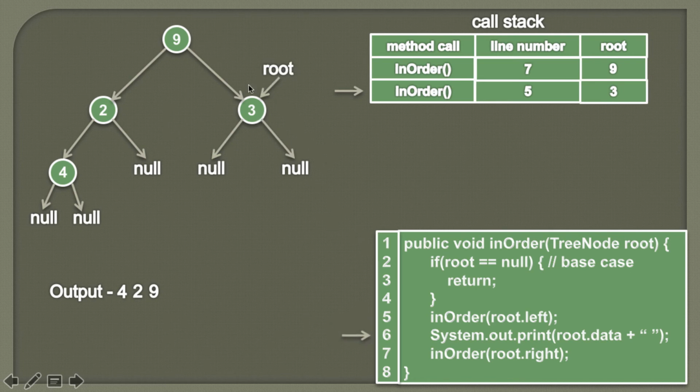So friends, now in this step, as we have processed the left subtree completely, we'll process the node itself. So we are simply printing the data on the console. And then as we have to process its right subtree now, we are calling the inOrder method and passing root's right, which is the null value. And before calling this new method, we are updating the line number.